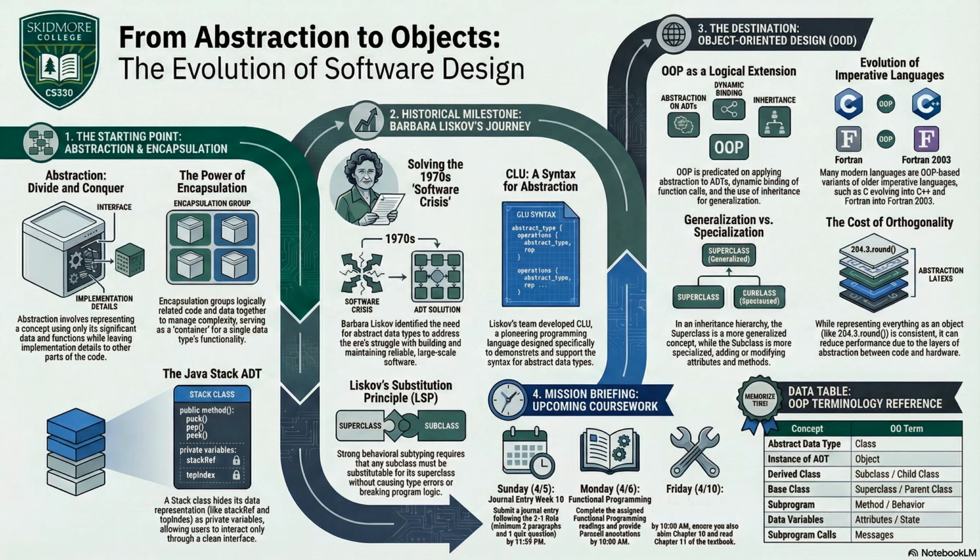Speaking of managing invisible structures, what does this all mean for you right now? If getting these class hierarchies wrong causes the chaotic bugs we just talked about, it makes perfect sense why this week's assignments are so crucial. Absolutely. Understanding these hierarchies is exactly what you will be mapping out this week. Let's look at how you'll be applying this because you have some critical deadlines approaching. First up, this Sunday, April 5th, your Week 10 journal entry is due. Keep the 2-1 rule in mind. Right. Your entry must be a minimum of 2 paragraphs, and you must include at least 1 quiz question.